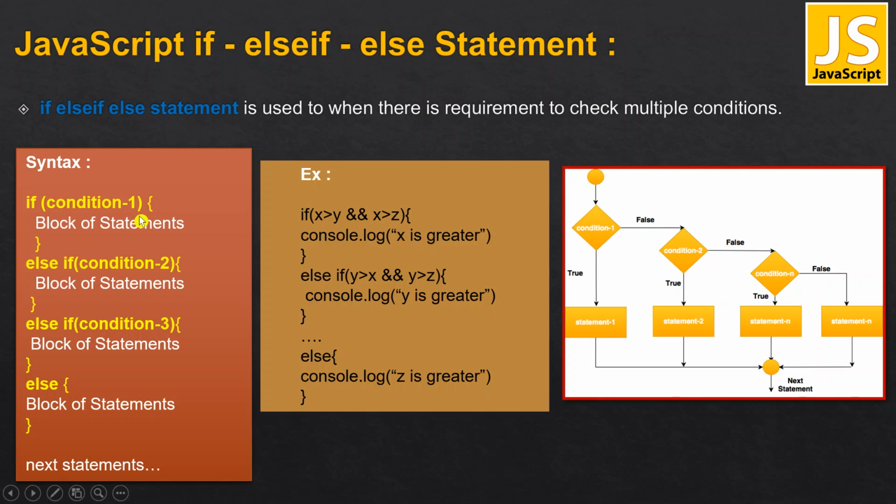And if condition 1 is false, then it will go on checking condition 2. Okay, if the condition is true, then that corresponding block of statements will execute. After completion, it will go on executing the next statements and skip all these things. Like that the flow goes on. If all the conditions are false, then the last else block will be executed, right? Okay, let us